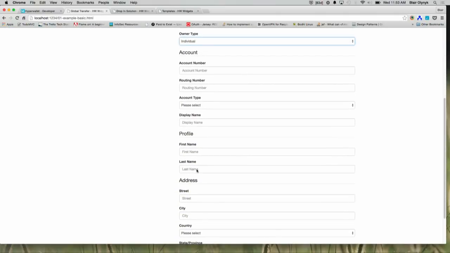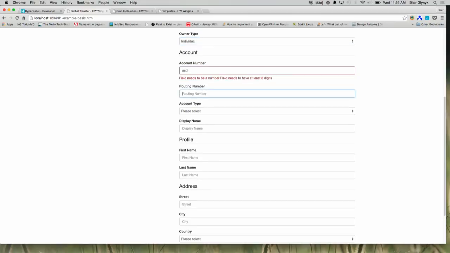Now, that information here is the actual bank account information we need to collect to be able to process a transfer to this bank account. Our widget supports inline validation, so as soon as you leave the field, it automatically displays the error message, which